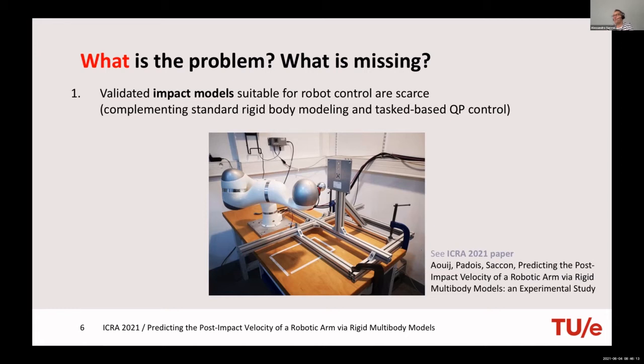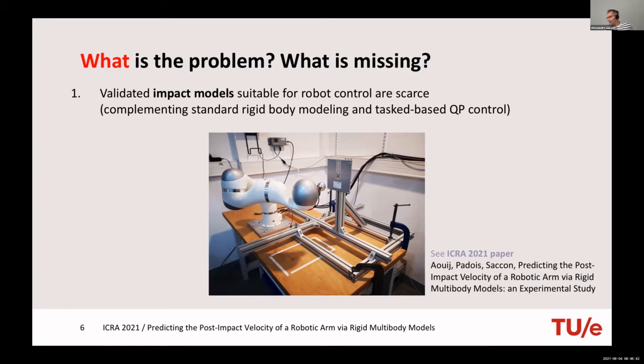Because if you cannot predict what happens, as was also said in the presentations before me, it's very difficult to exploit impacts because there's no time to react. Most impact control, in my opinion, is basically based on feed-forward. There's not much time to do closed-loop dynamics at the moment of impact. Maybe after an impact has occurred, after 100 milliseconds, you can start to react. But in any case, you need these kinds of models.